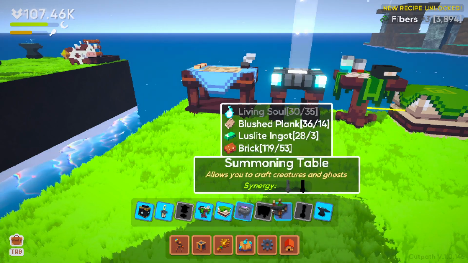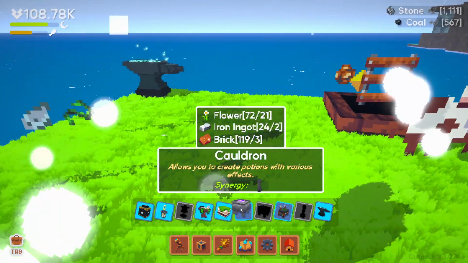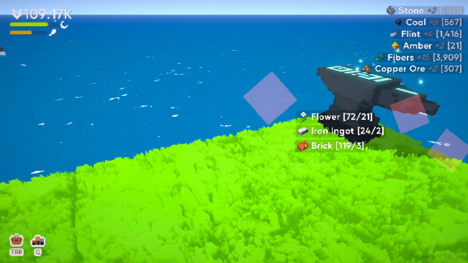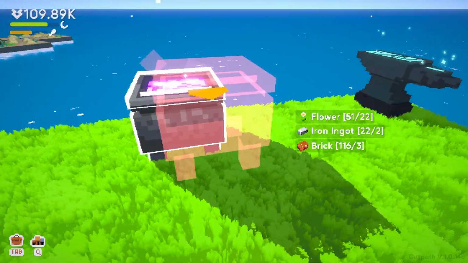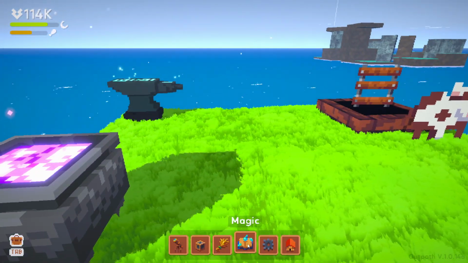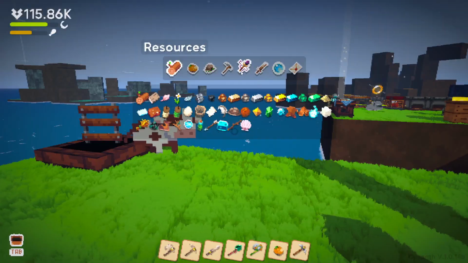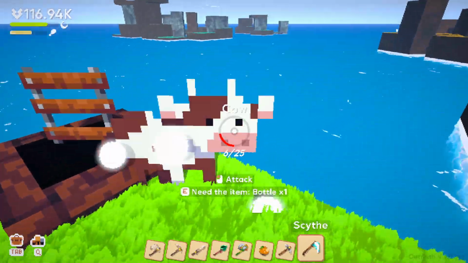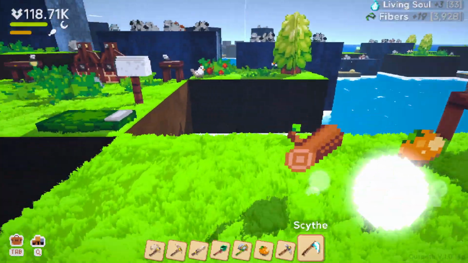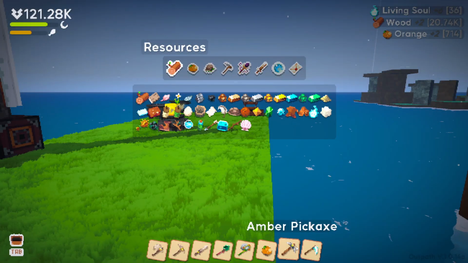We have yet to build a cauldron, if I'm honest with you. And since we are going to be making this the magic place, we'll build a cauldron there, and then once I have living souls again. Sorry, little guy. There we go. Now that I have enough living souls,